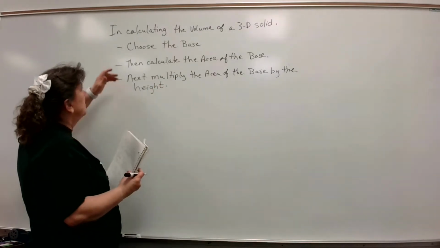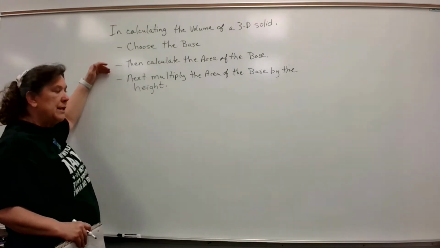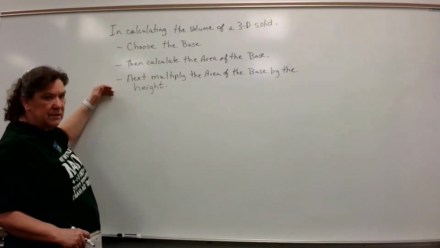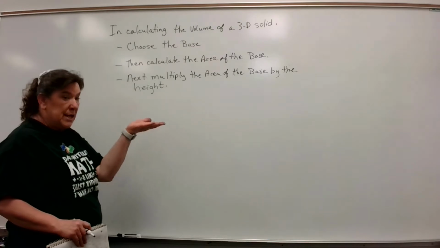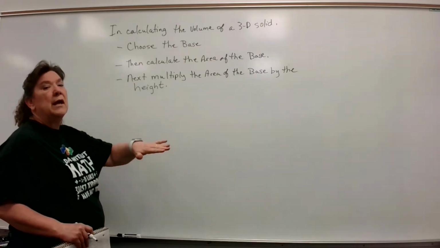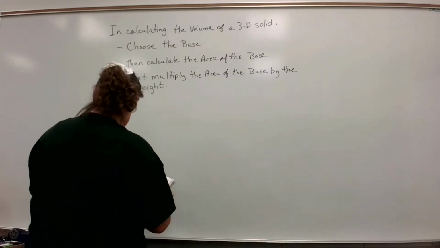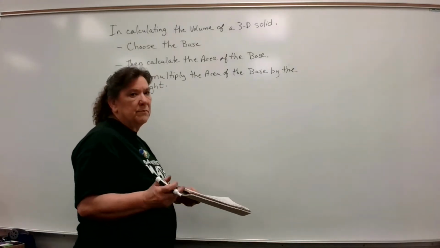Okay, so there's a very definite process here. Choose the base, calculate the area of the base, multiply the area of the base times the height. Remember in the last video we did that hexagonal prism. We calculated the area of the base and then multiplied it times the height. So that's really important. And now, let's compare these